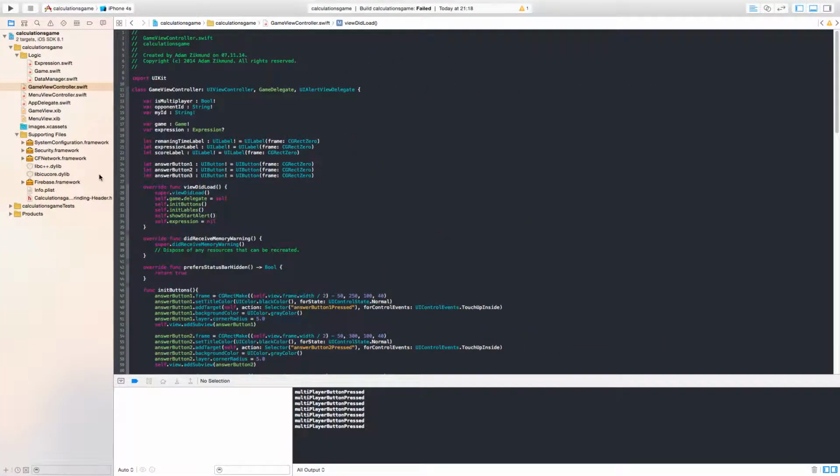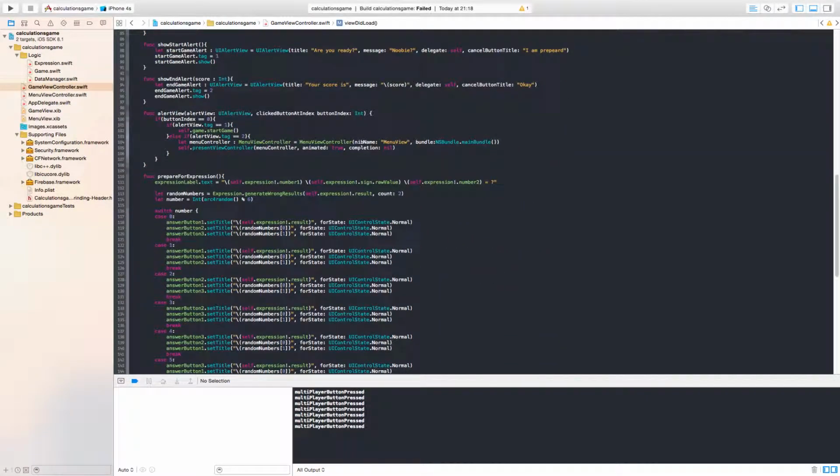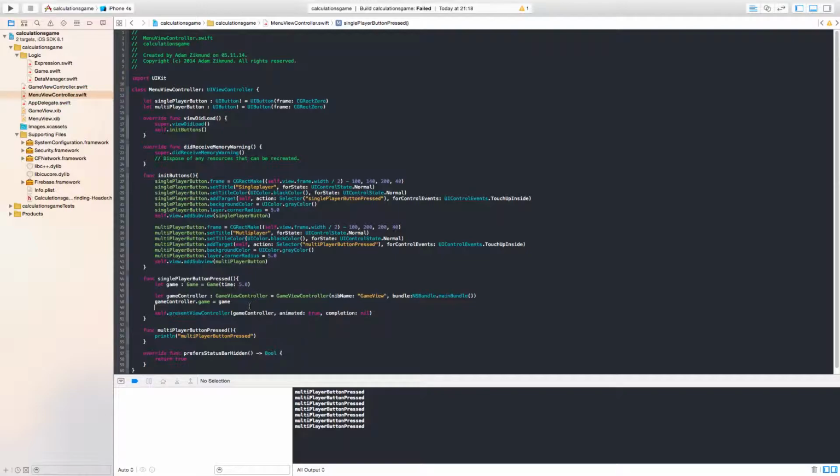As I said before, I will now show you how to make the finish steps to make your multiplier working. Okay. So first of all, you have to go to your menu view controller and say in your game controller, in your single player button press function, you have to say your game controller is multiplier to false, okay? Because this is a single player game,